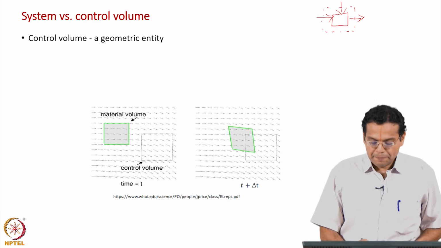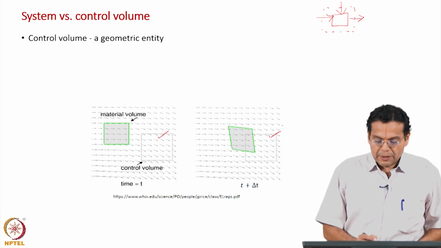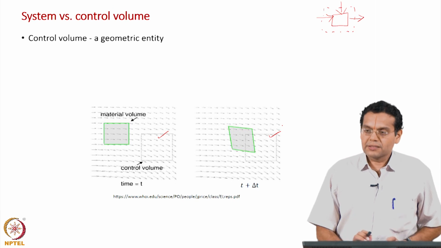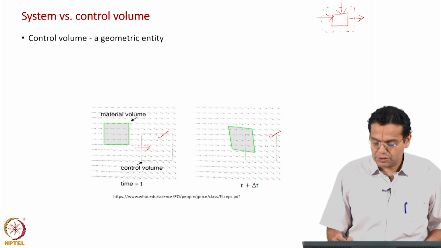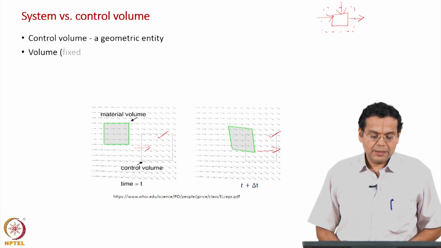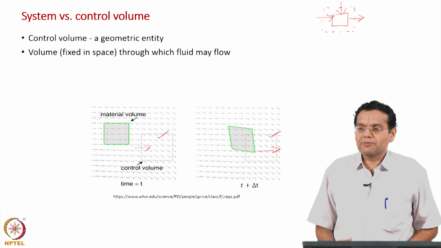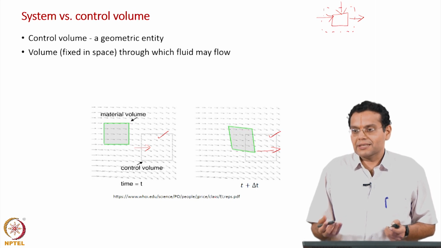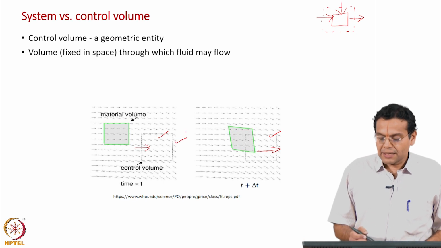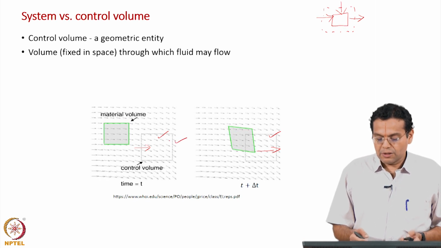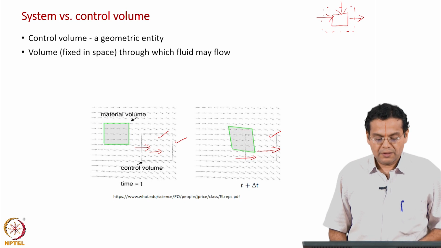What is shown here is a control volume in terms of a dotted line. Usually the control volume is stationary, though it can be moving, and we will look at examples, and fluid flows through this control volume. Okay. So, a volume fixed in space through which fluid may flow. Why may flow? Sometimes it may be a batch condition where fluid may not flow. That is why it says may flow. What I have shown here is a control volume, a geometric entity, because we have drawn it to our convenience, and fluid flows through this control volume.